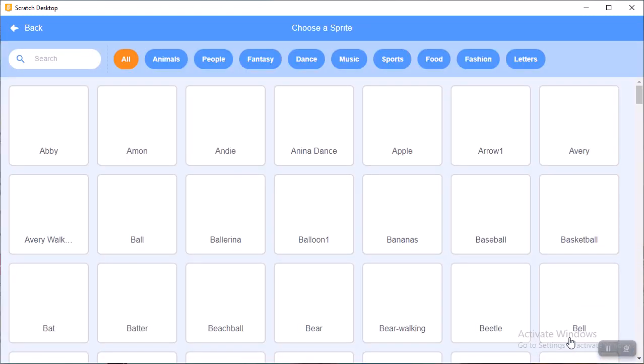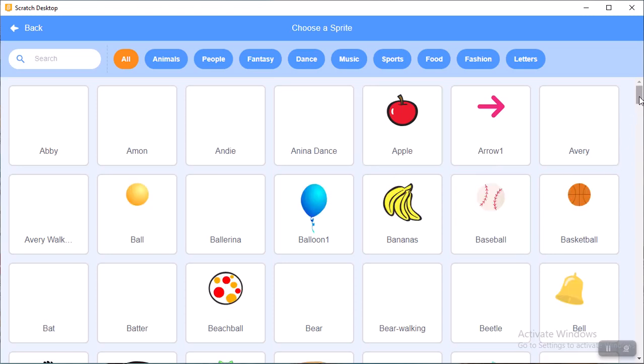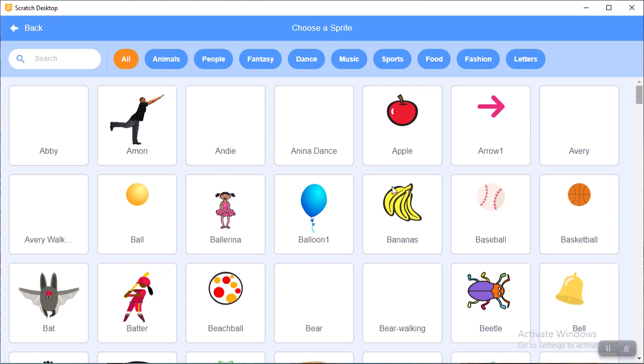Now I want to take another sprite. These are all available here. It takes a few seconds, processing is going on. Let me take this ballerina.